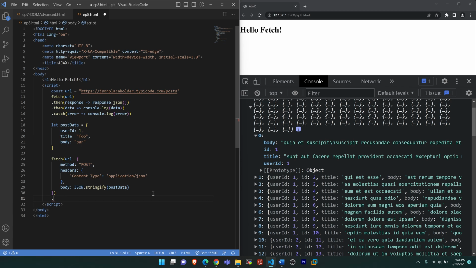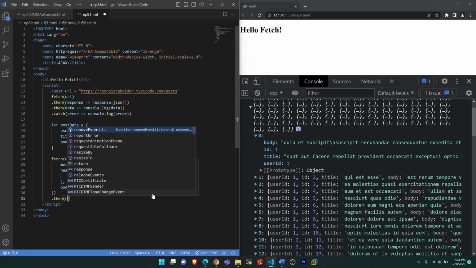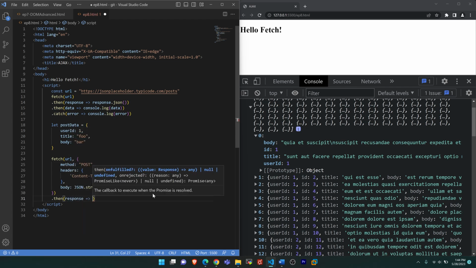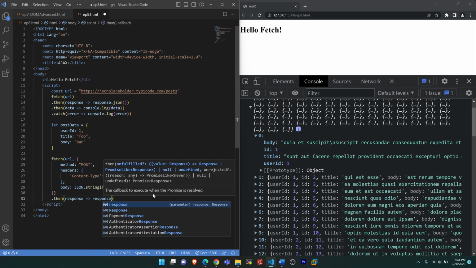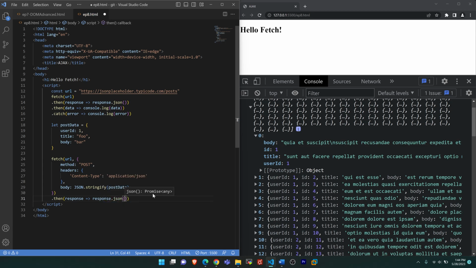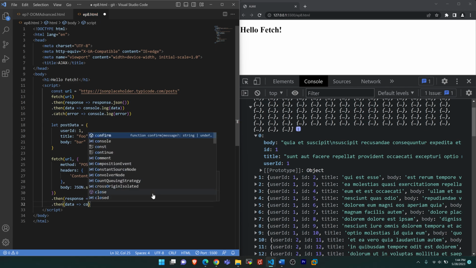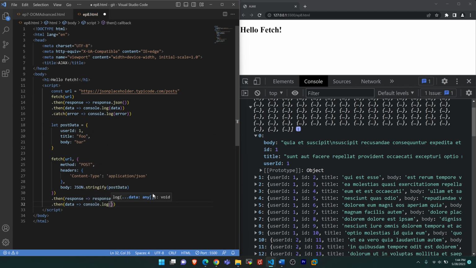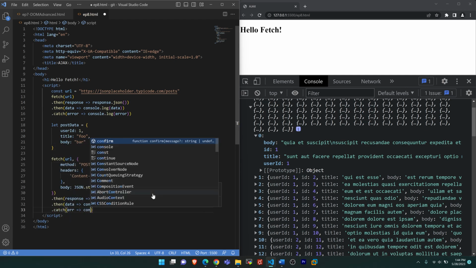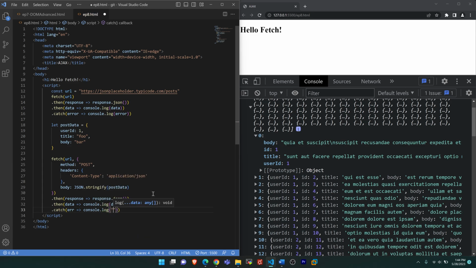Okay. Now, once you have that, if the URL returns a resolved object, then you can use the same scenario as we used just now. So we will say if the response is there, then we will do response.json, and we will access that response.json part into a data object. Then we'll say console.log data. And if it's throwing an error, we will say catch error, and then we will console.log saying that, okay, this is an error,